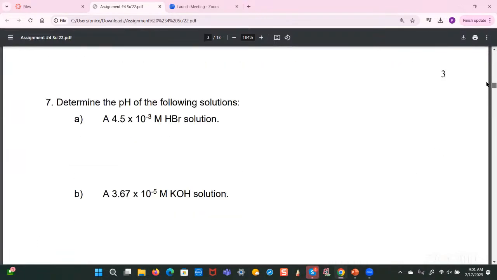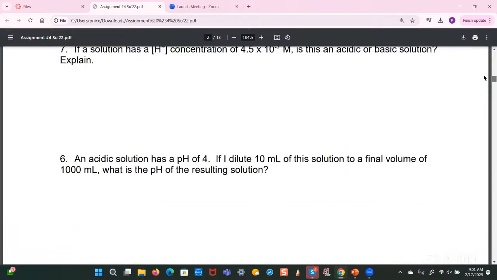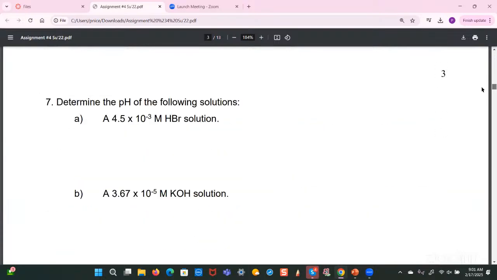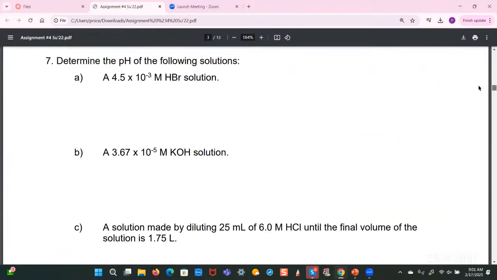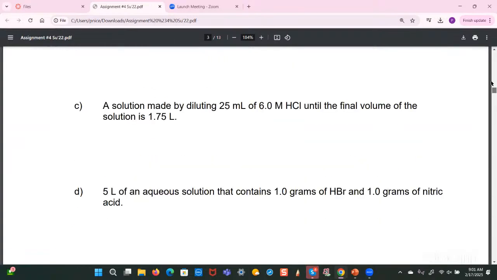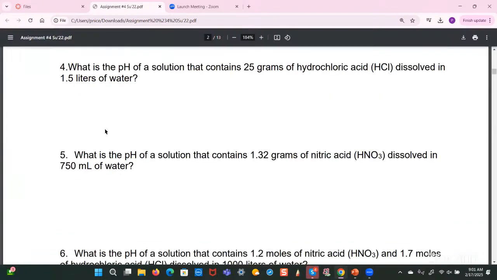Okay, so basically all the questions from 4 to, oh, I did screw up the numbering system. I'm sorry about that, folks. There's two number 6s and two number 7s. So you should be able to do all the questions up to the second number 7. Sorry about that. Okay, so we won't be able to do all of them, so I'm just going to do as many questions as I can. So the first question, number 4, says,